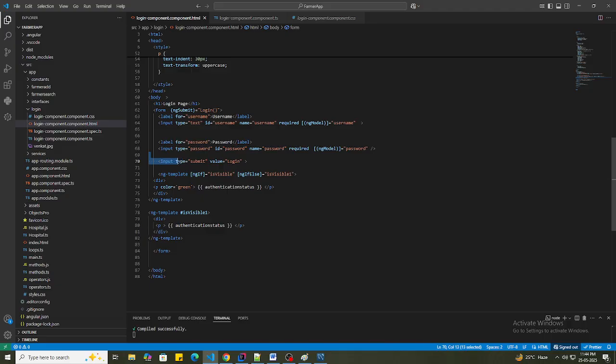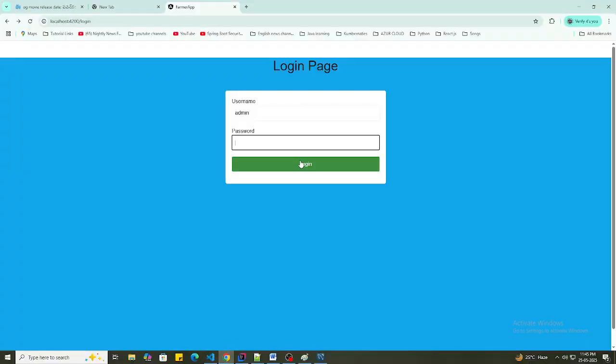The type is equal to button. So, a submit button, login. You understand at a high level. Now username is the label, and this is the text box, and this is another text box for password. This is the label, and this is the button. Okay, now what I did, Venkat,